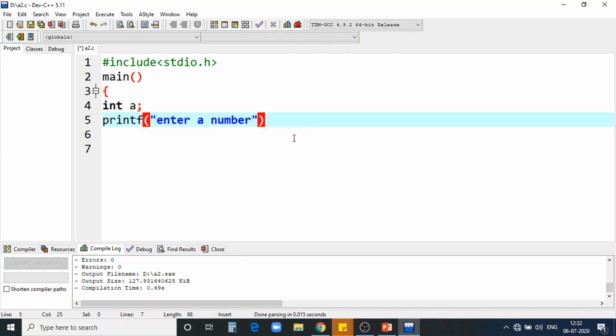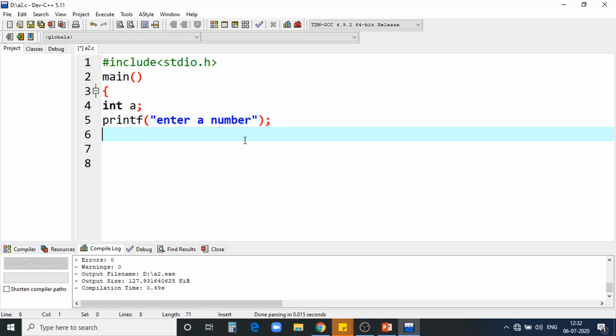This is only for the user's understanding. What are they supposed to type? They have to type a number. This is given for the user so they know what to write once they run the program. Now, "enter a number" will not make the number come. Now I have to interact with the keyboard. For that I'm using scanf. scanf represents that you can interact with an input device, that is nothing but the keyboard.